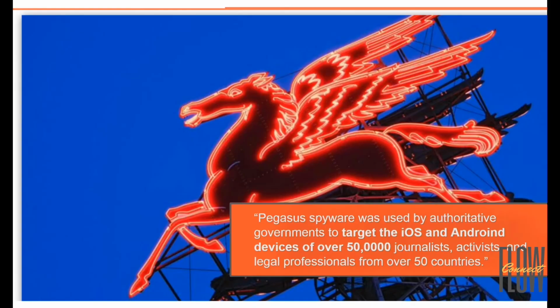Pegasus is an aggressive spyware product that was used by authoritative governments to target iOS and Android devices. By the way, I see my misspelling of Android. I cannot believe I missed that. Target the iOS and Android devices of over 50,000 journalists, legal professionals, human rights activists, royalty, and politicians from over 50 countries. What's even more incredible about this is, as the data gets revealed over the past couple of weeks,